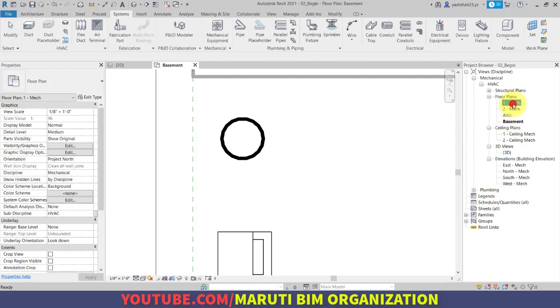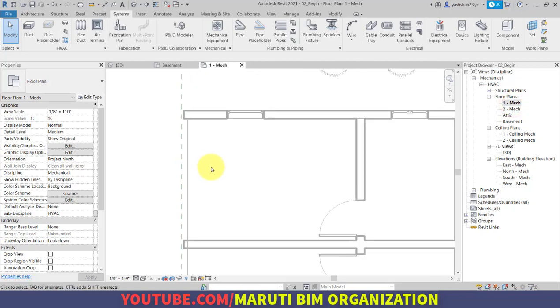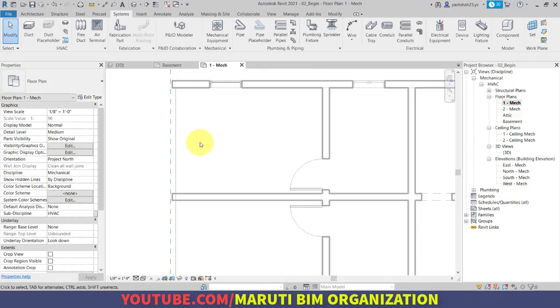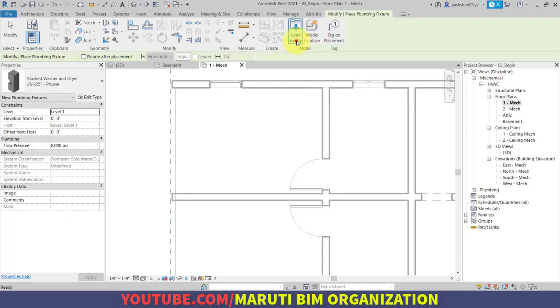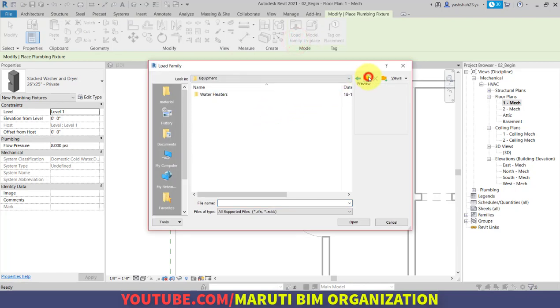Now on the basement level we have placed the equipment. Now we will go to the first floor plan and place one more piece of equipment here. Using the plumbing fixtures command, we will use Fixtures, then Appliances, and we will use the kitchen unit.